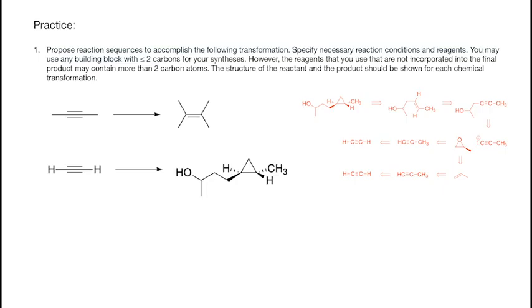Instead, we must synthesize the epoxide starting from acetylene. Here's how we can construct the desired epoxide. React acetylene with sodium amide, NaNH2, in ammonia to deprotonate it, followed by treatment with methyl iodide in dimethyl sulfoxide, DMSO, to form propyne. Subject propyne to partial hydrogenation using molecular hydrogen, H2, and a catalyst, such as Lindlar's catalyst,